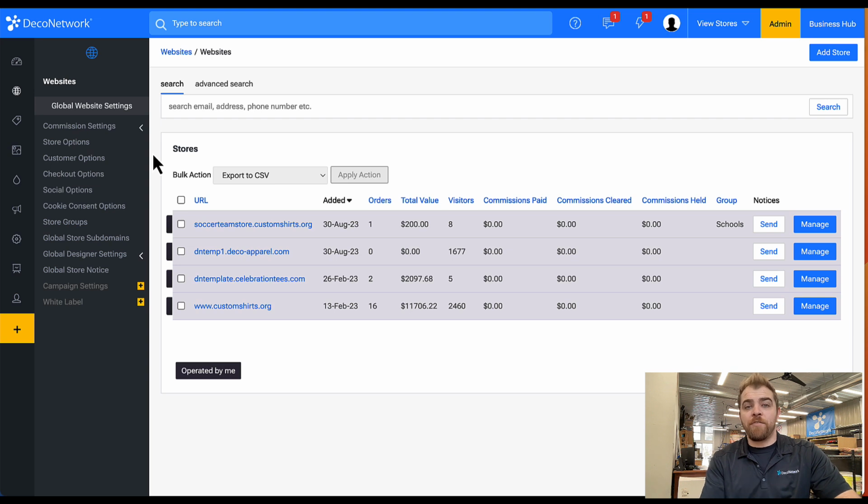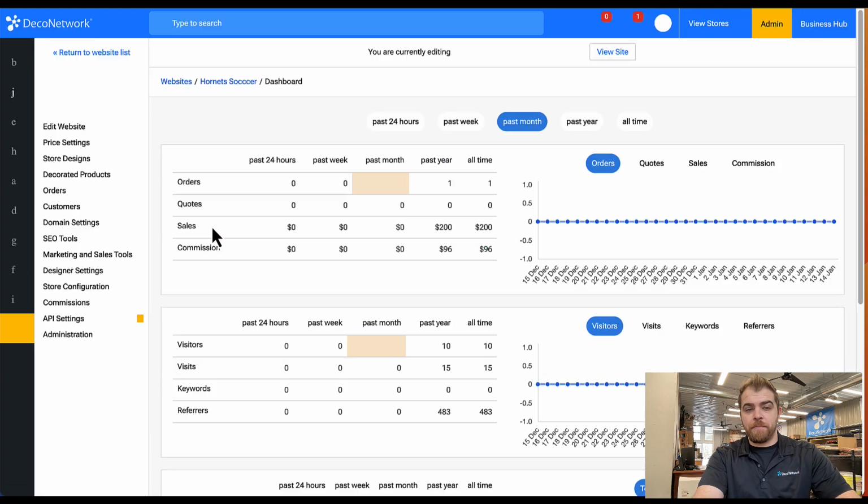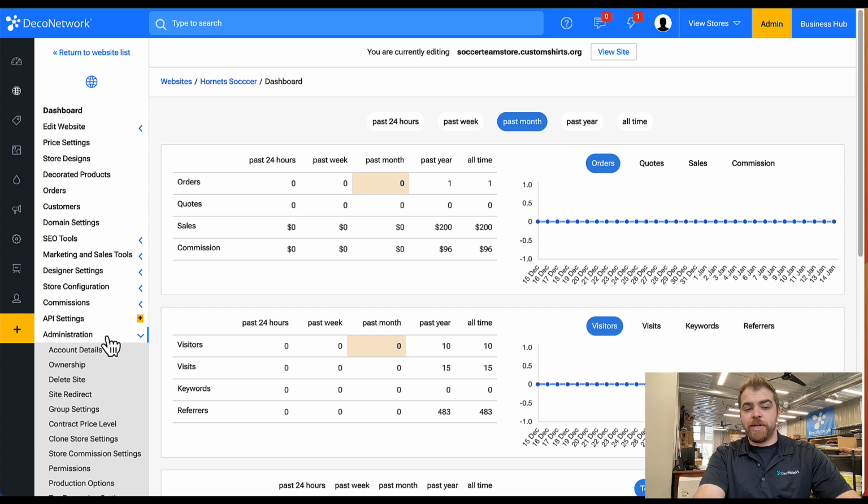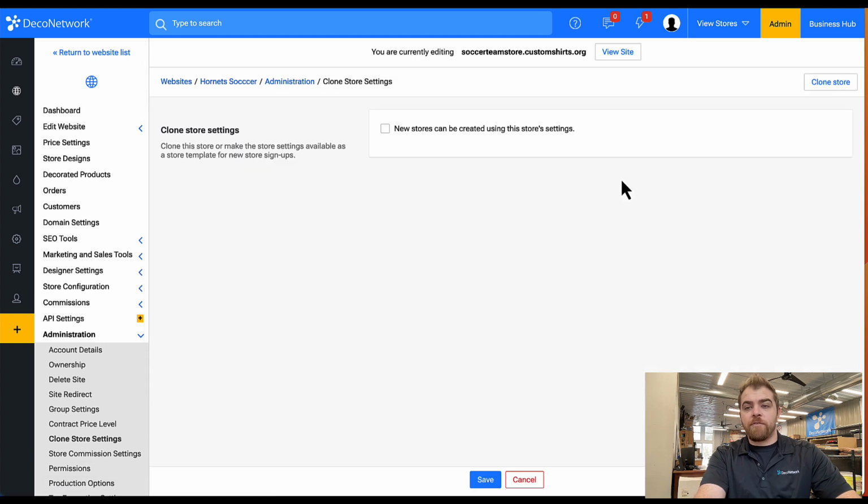Making it so that one of your websites acts as a clonable template is extremely easy. Just go into the website that you want to make a template, come into Administration, Clone Store Settings, and from here you can either clone the store just one time, or you can click the new stores can be created